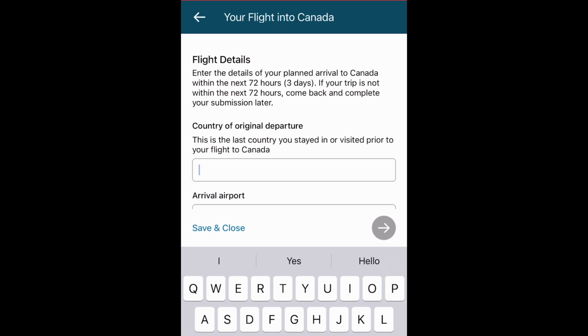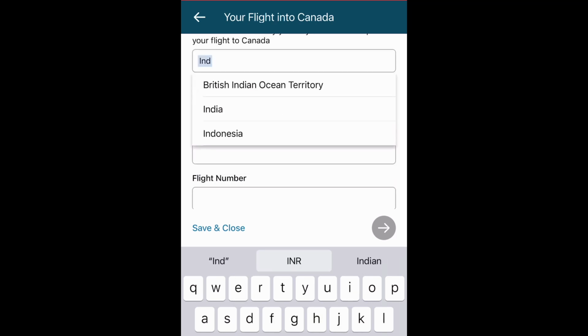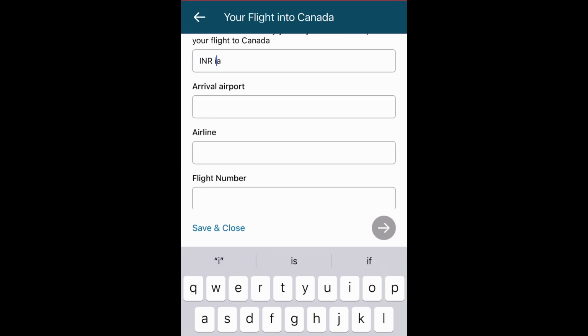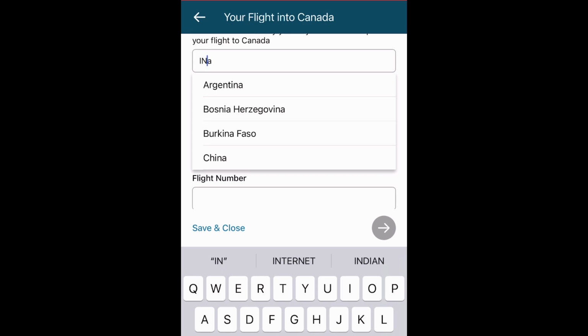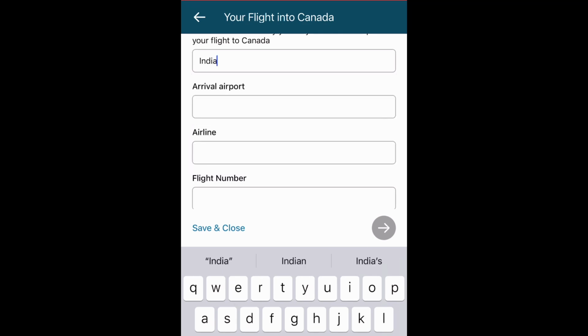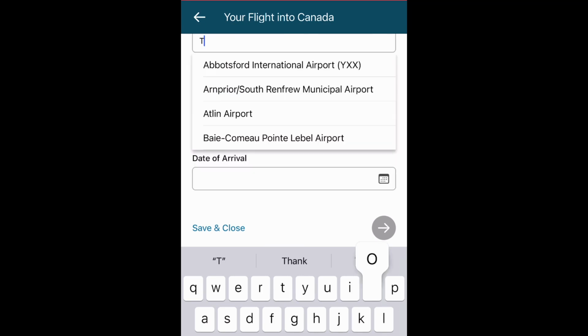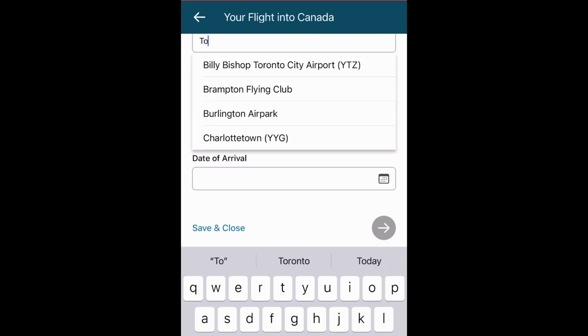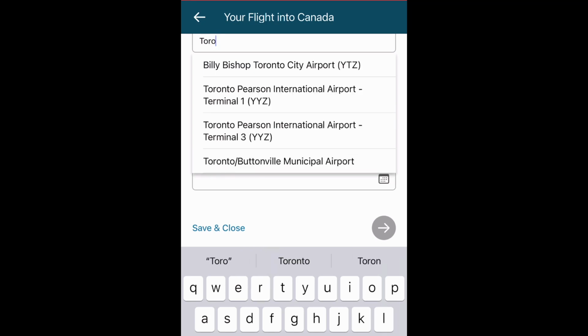Country of original departure. Let's say you are traveling from India. So I select India. I know as of now flights are not running from India, but okay. Arrival airport. Let's say you are coming to Toronto Pearson, Terminal 3.